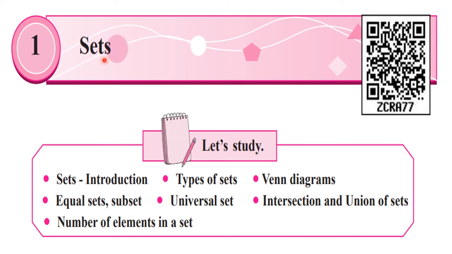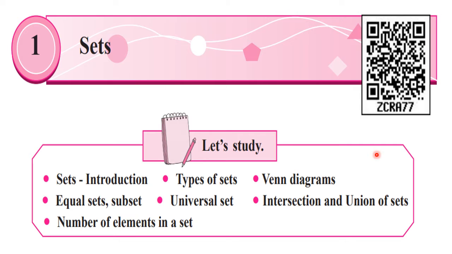that is sets. In the previous lecture, we have revised the concept of set, the definition of set. Then we have seen some important points which we use while writing sets, and afterwards we have discussed the two different methods to write down a set: the listing method or roster method, and the second one, the set builder form or rule method. Based on that, practice set 1.1 was discussed.